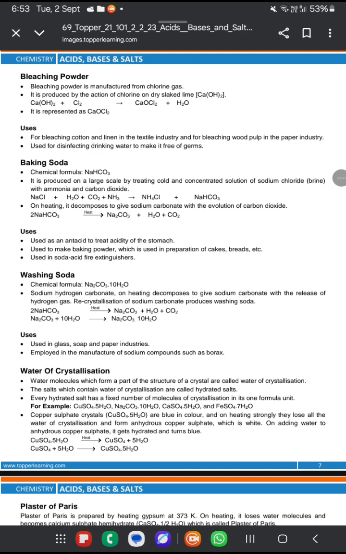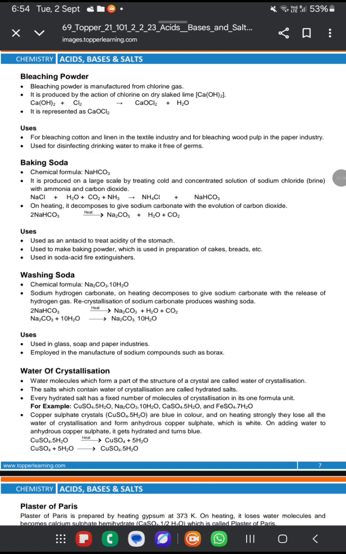Calcium hydroxide plus Cl2 gives calcium OCl plus H2O. It is represented as CaOCl2, used for bleaching cotton and linen in the textile industry and for bleaching wood pulp in the